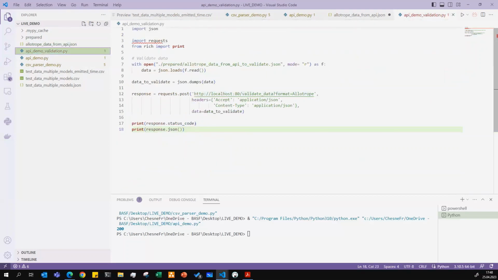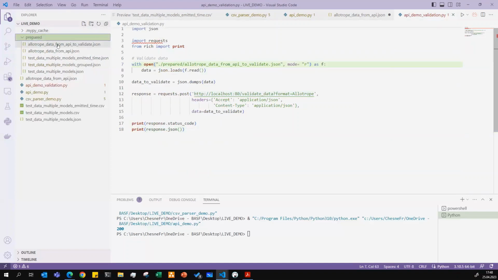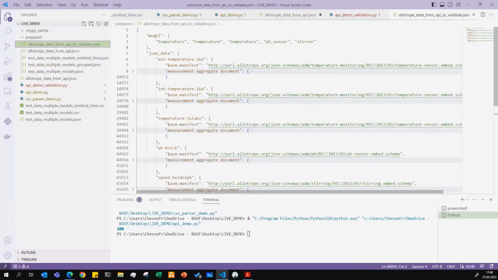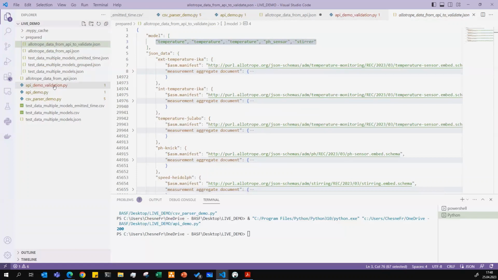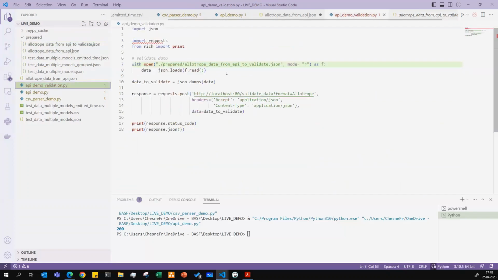And now to finish this off, we say, okay, that's nice, but we want to be sure that the data works. So we will now do this. We are going to take a data file that I've prepared before. It contains the list of the models that we want to validate against, as well as the data itself. If you see, that's the same data as before. And now I've specified which models we want to validate against. Let's go with this. And if I do this,